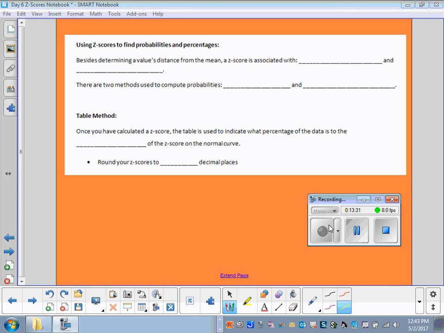Okay, so the next page, I guess. No, same page. Using these z-scores to find probabilities and percentages. So besides determining a value's distance from the mean, the z-score is associated with probability,